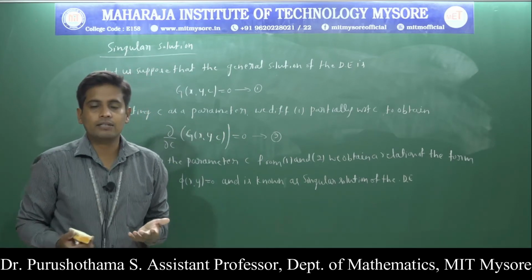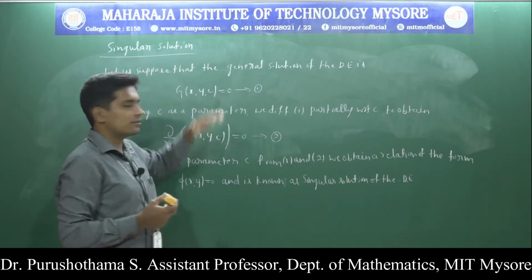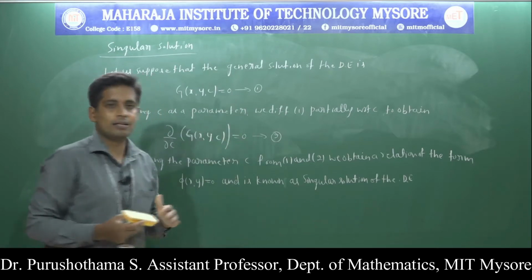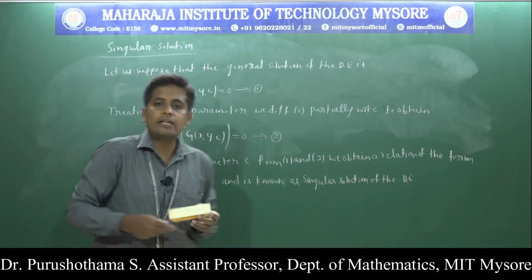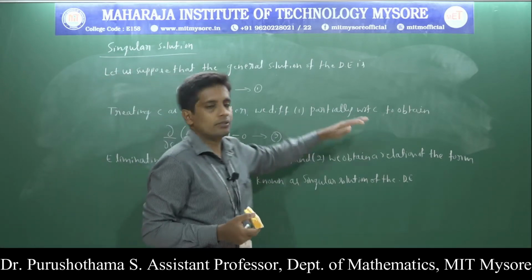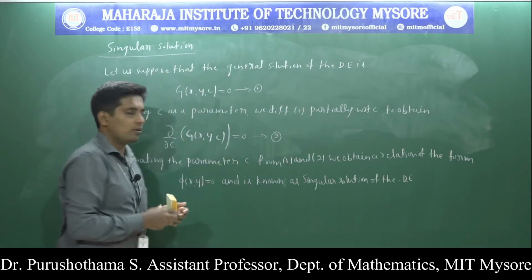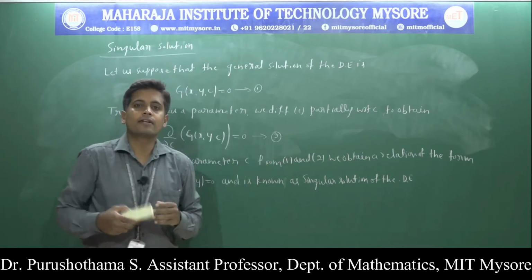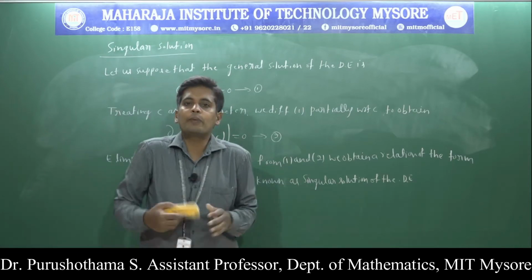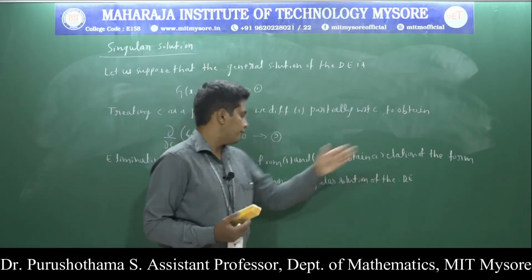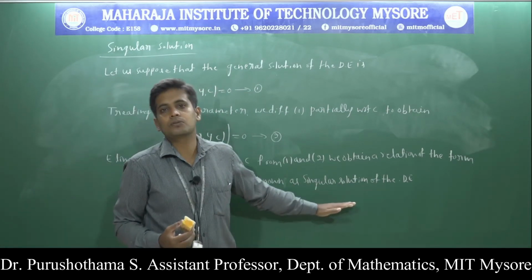So, for any given differential equation, first find the general solution, g of x comma y comma c is equal to 0, call it equation 1. Then, treating c as a parameter, we differentiate equation 1 partially with respect to c to obtain the partial derivative of the general solution is equal to 0, denoted by equation 2. Eliminating the parameter c from 1 and 2, we obtain a relation of the form phi of x comma y is equal to 0, known as the singular solution of the